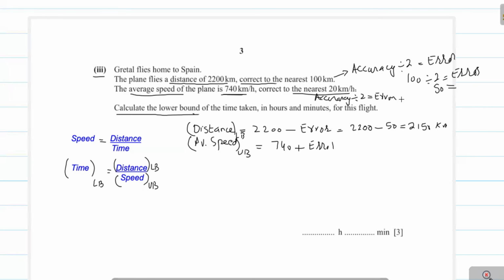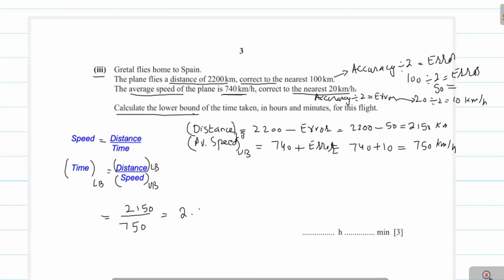Therefore, 20 divided by 2 is equal to 10 kilometers per hour, the error. Now we add 740 plus 10, that's equal to 750 kilometers per hour. Now we write 2150 divided by 750, and this will be equal to